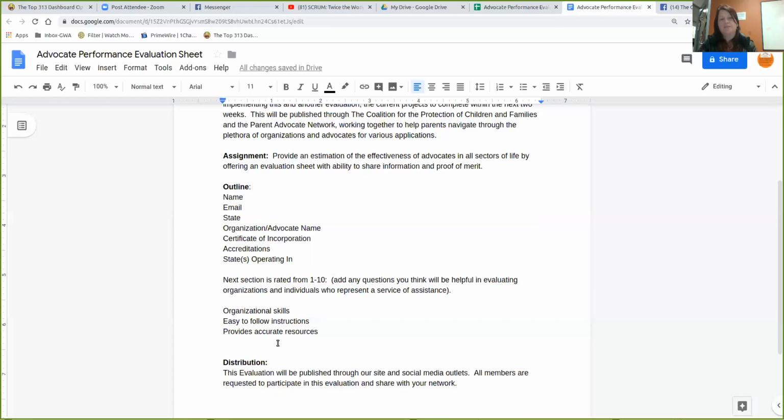When we have completed this evaluation form, we will be distributing it through the coalitionforprotection.org and our other social media outlets. We have pages on Facebook, we have LinkedIn accounts, and we have Twitter accounts that are also linked with our organizations that we are in collaboration with. All members are requested to participate in this evaluation and to share with your network when we have completed and